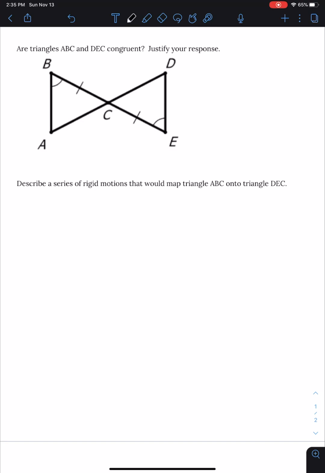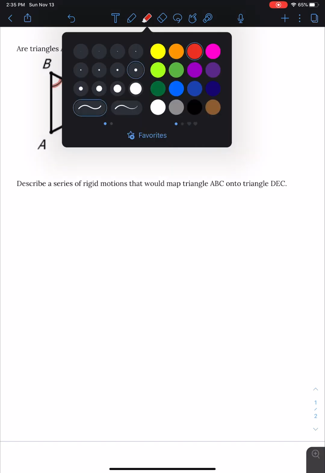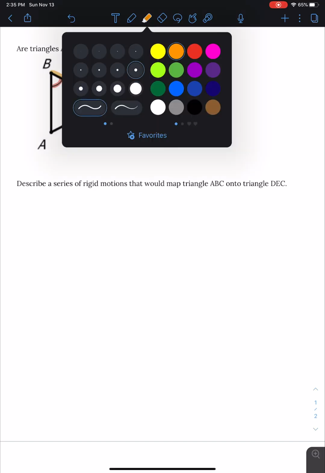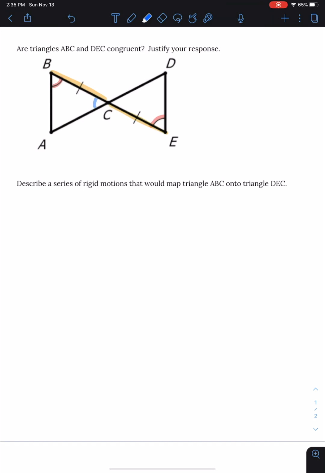We can think about it as if we're dealing with triangle congruence, trying to find three statements that hold true. That way our triangles are congruent. One way we can think about it is looking at the parts that are congruent. We know angle B is congruent to angle E. We know side length BC is congruent to side length EC. And we also know, though there are no tick marks there, that angle BCA is congruent to angle ECD because these